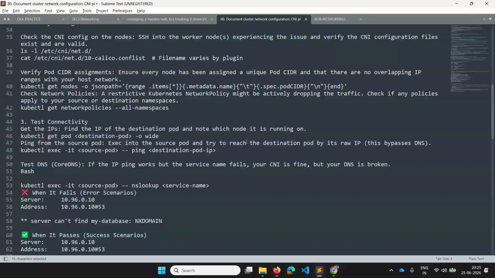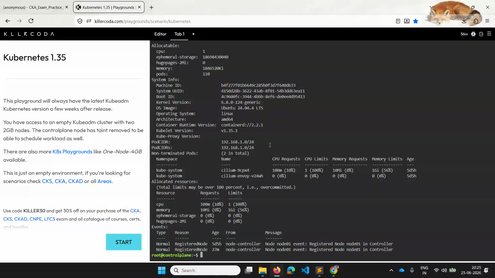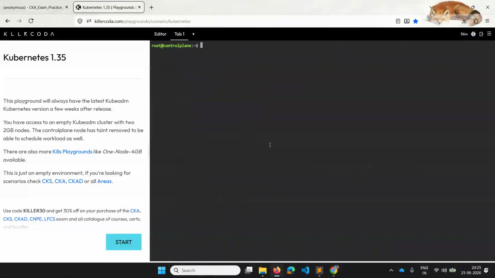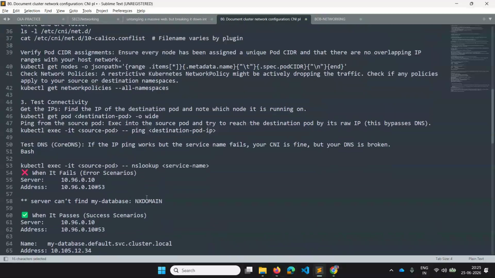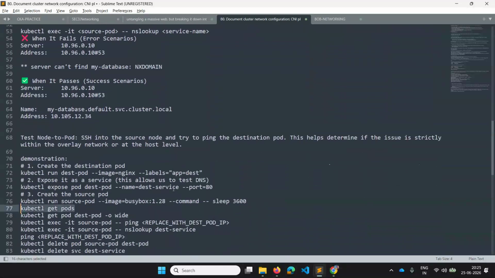And to test connectivity, I have told you that it's a flat network. Because there are CNI plugins, when you enter into some pod, and let's say another pod is there, like pod 1 is created and pod 2 is created, you should be able to communicate from pod 1 to pod 2 and pod 2 to pod 1. So to do that, let's first create the pods. I just took a random example of how we can do that.